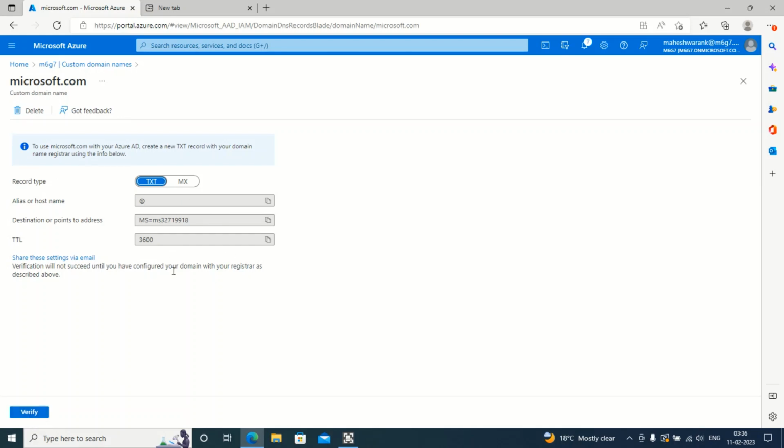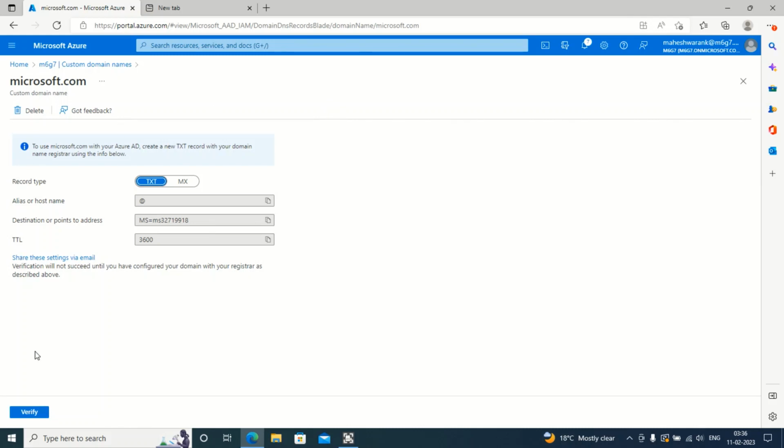In our case we are not going to do it, because we do not own microsoft.com, so we don't have the permission to control microsoft.com DNS records. We don't know what credentials are used to log into the domain service provider of microsoft.com, so we cannot log in. This is one of the security measures they have provided, so that this custom domain feature is not misused with other companies', individuals', or organizations' owned